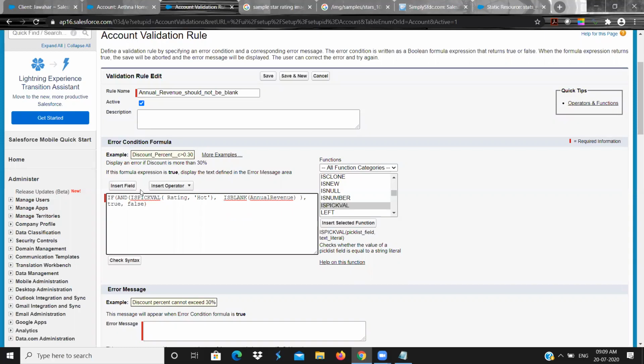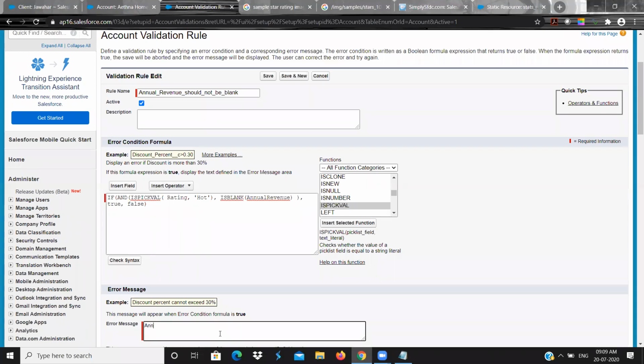So what I have done is I'm using an AND operator. AND operator means both the conditions should be satisfied. When the rating is selected as hot and the annual revenue is empty, is blank, at that time you return true. Whenever it is returning true, as per the logic of the validation rule, if the expression is true, it displays the text defined in the error message.